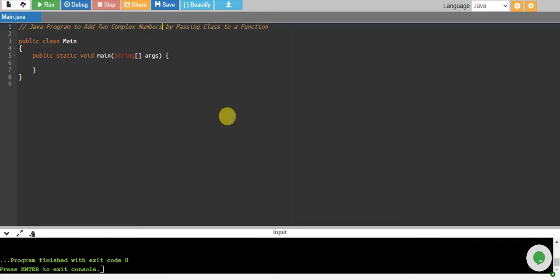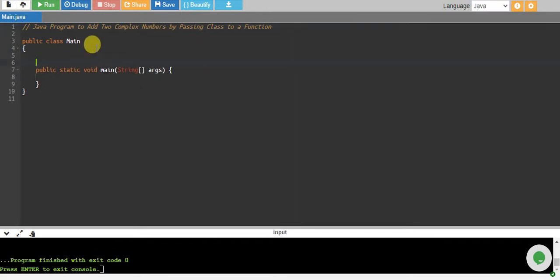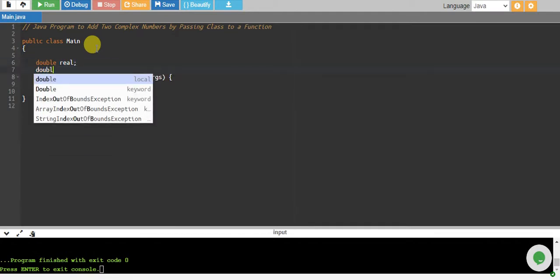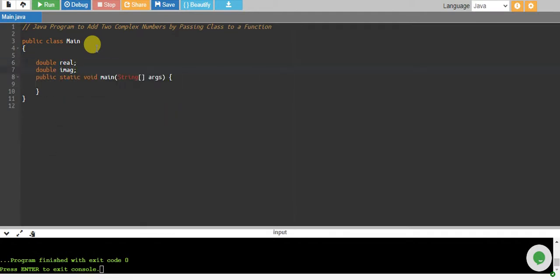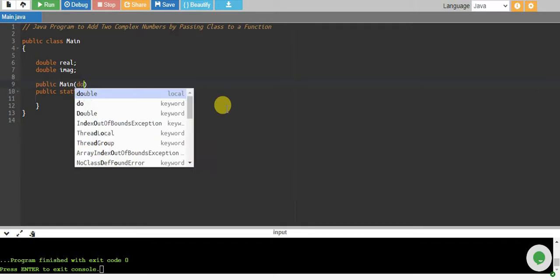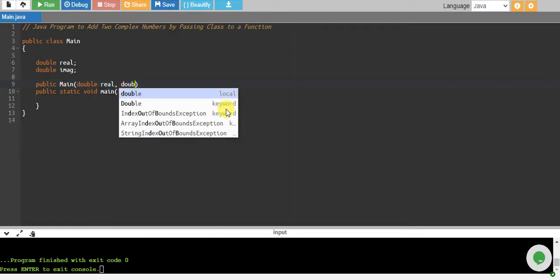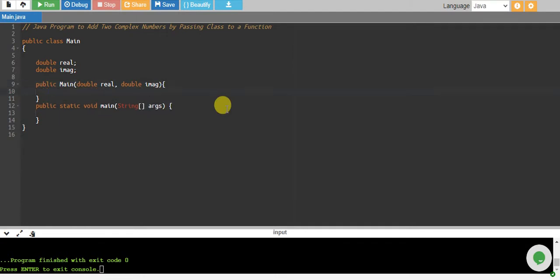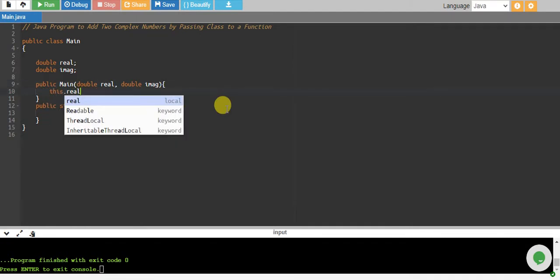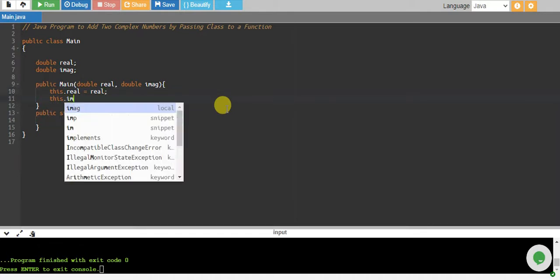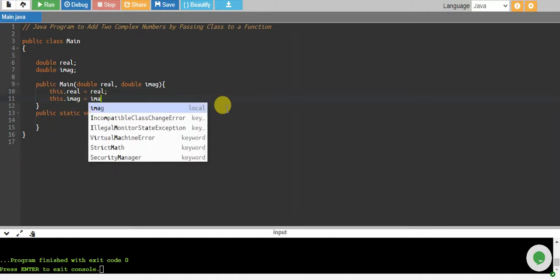So we create our two doubles, real and imaginary numbers over here, and we create our constructor main, and we take a double data type of real and imaginary numbers, and we give this dot real equals to real, and this dot imaginary equals to imaginary.